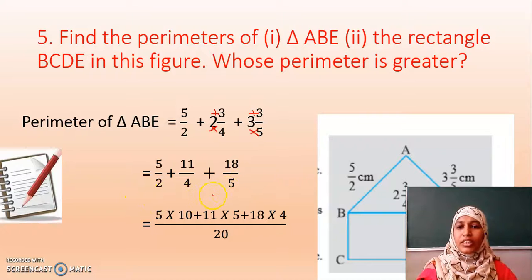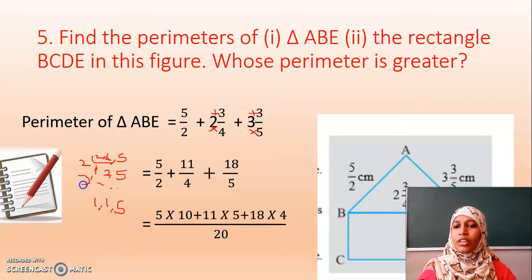After doing this, instead of cross multiplication, here we have 3 fractions. I have to find the LCM of all these 3: 2, 4 and 5. This 2 and 4 have a common multiple but not 5. So I start with 2. I get 1 2 is 2, 2 2s are 4, and 5 is not a multiple of 2, so I write 5 as it is. Then again I do with the 2 table. I get 1, 1 and 5. Then I will do with the 5 table. So I get 2 into 2 into 5 as my LCM.